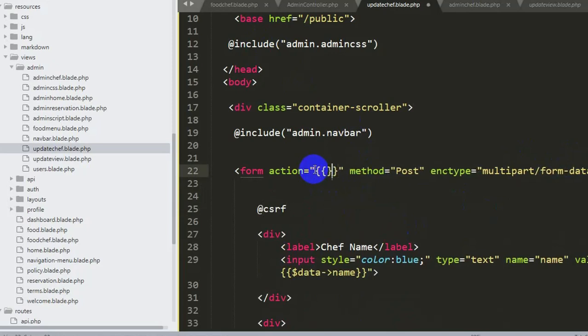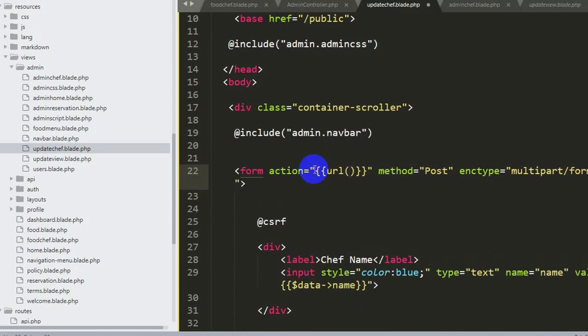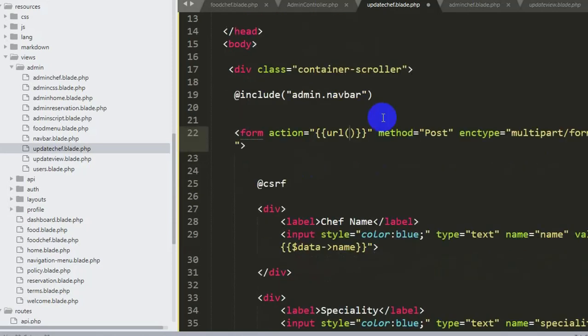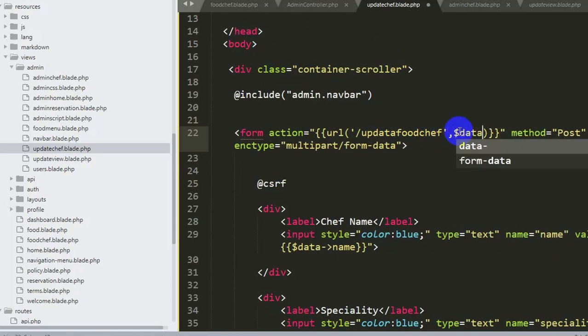So we'll say url, then inside this url we need to give two single quotes, and we will say slash update food chef. Okay, so let's save it, and we also need to send the $id from here in order to update.